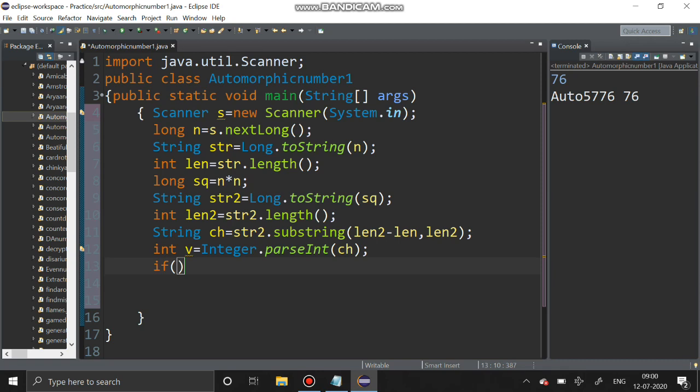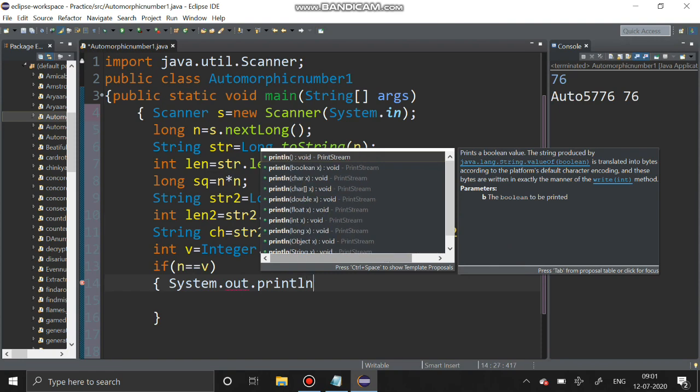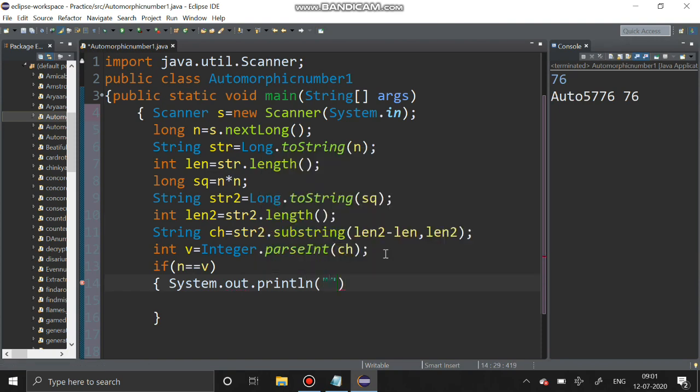Then we have to check an if condition. If n is equal to v, then we have to print automorphic number. System.out.print, automorphic. After that I'm printing the squared value and the given number, that is v.